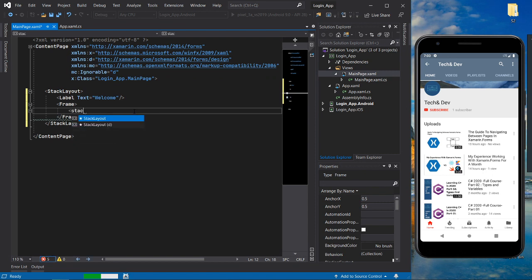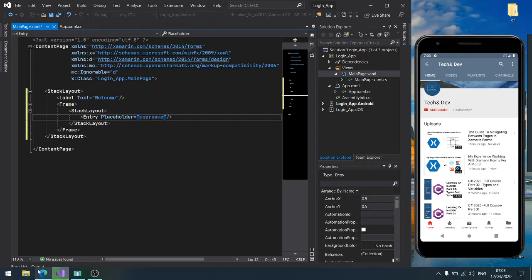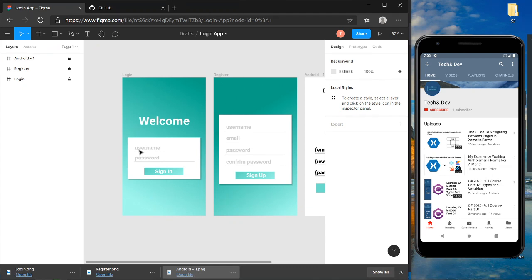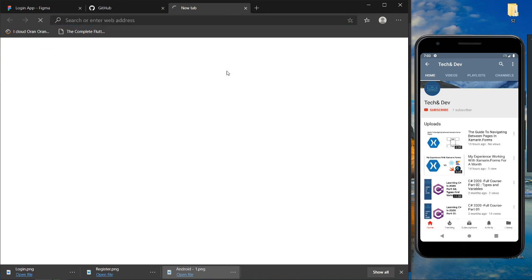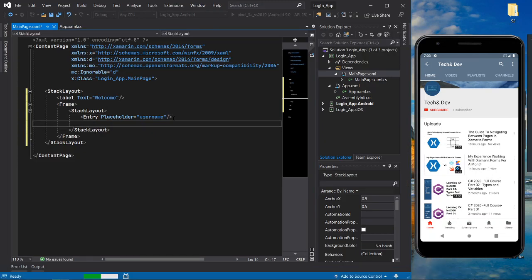The frame has a stack layout inside it, and it contains an entry. First one has a placeholder of username. The placeholder is the text that shows up like this when you have this entry. If you open this one, you see this text. This is entry. Okay, so it's